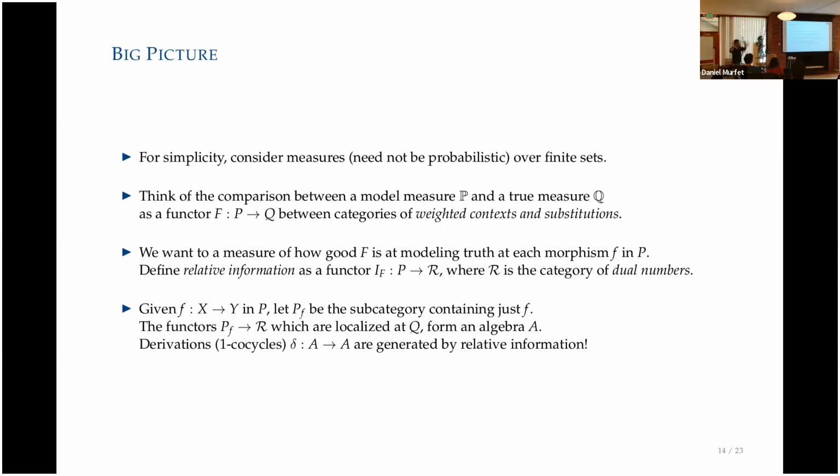So I have a functor between categories. I'm trying to take P, which is my model, and represent that in Q, trying to find semantics in Q, which is reality. And I'm asking what is the information content of F. So I want a measure of how good F is at modeling truth for each morphism, for each connection that I have in P, or for each conditional relationship I have in P. What is the KL divergence there? And I'm going to define the KL divergence as a functor from P to,